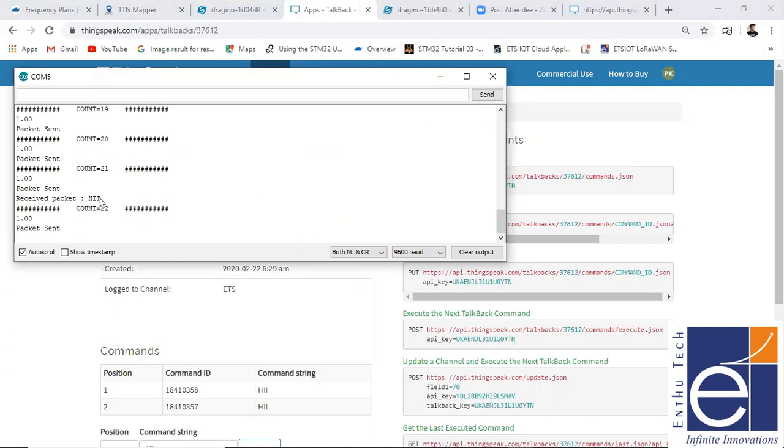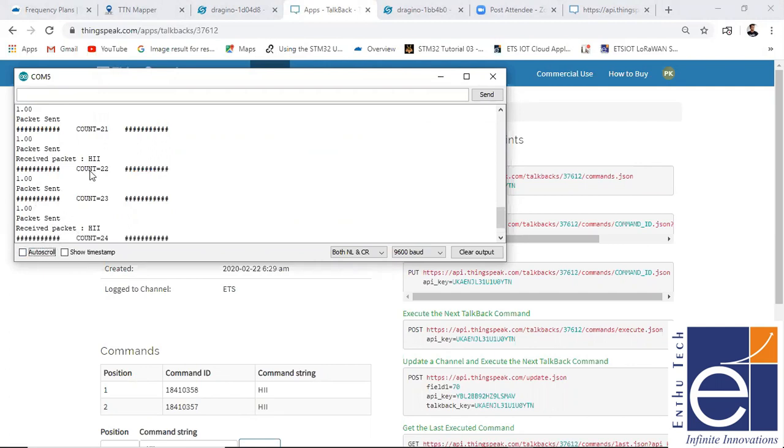So here in the count 21, you can see my received packet from your ThingSpeak downlink is high. HAA. I just put it as HAA. So now you can see you are receiving packets here. So 2 packets I have given here. The 2 packets you are getting here.